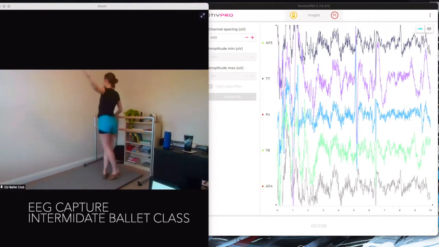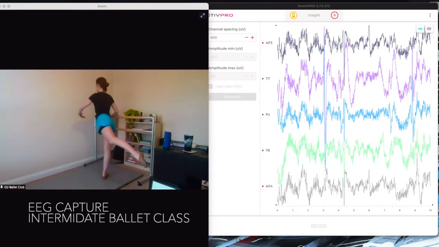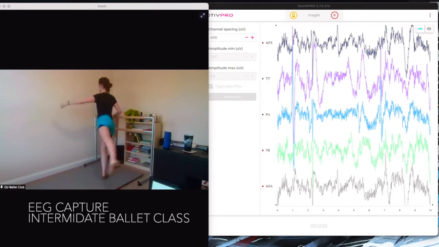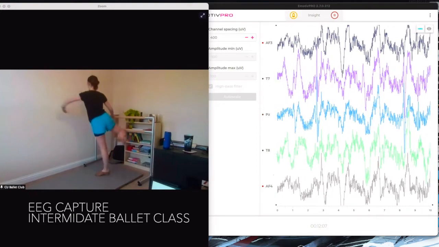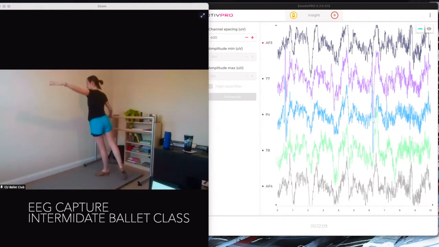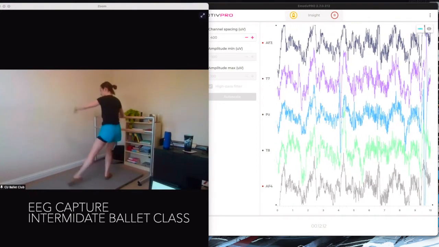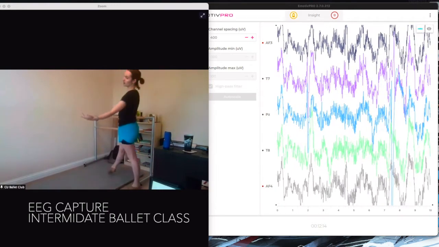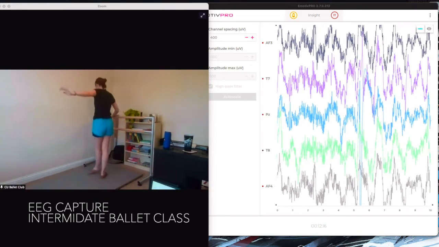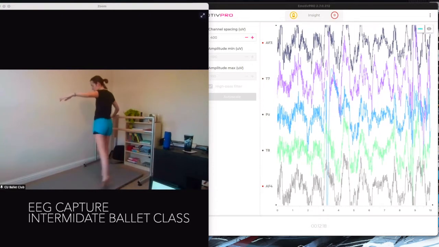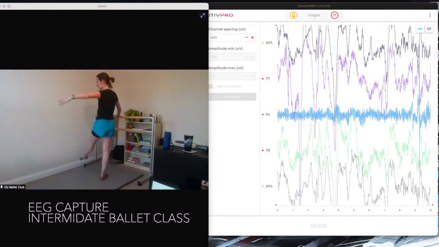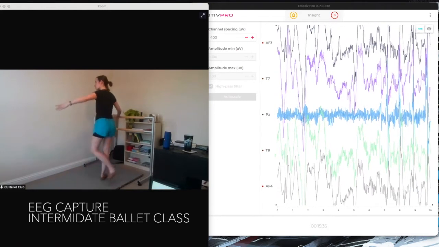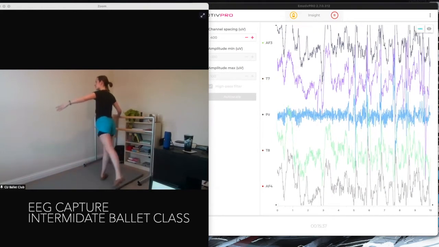The video of the data waves is the Insight Emotiv Pro software running live during this particular online intermediate ballet class, with the video showing my instructor. As you can see from the movements, they are non-traditional but they are specific to ballet. Our arms, legs, head and body positions are not standard for those used in pose estimation dataset training.